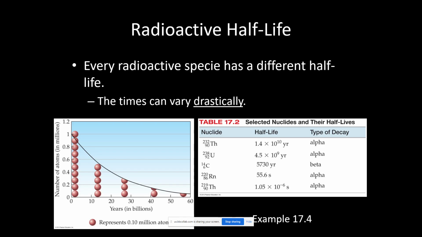And so then at that point you would just be working out, well, if we started with 10 grams and we have,